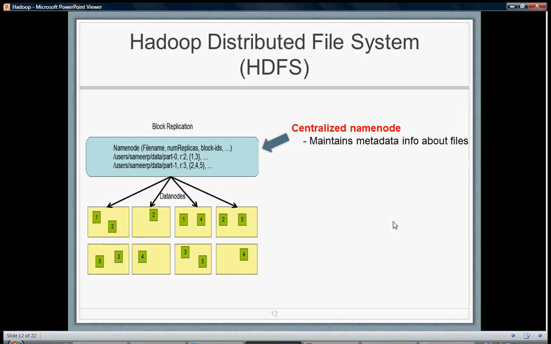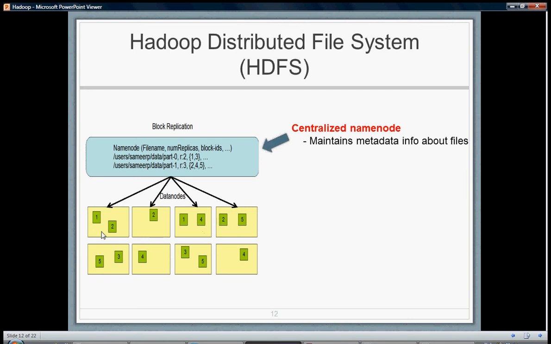This is in detail about how the data is replicated. You can see, for example, if there is one data part 0, which has 1 and 3 as data, two blocks, these two blocks are stored across different data nodes. So even if any one data node goes down, we can just retrieve the data from other data nodes.